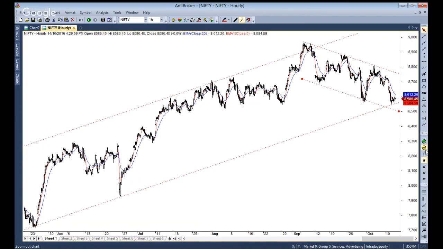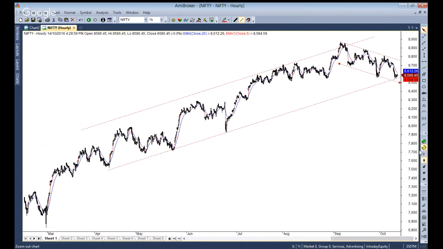Next, the important trend line support still exists and it's still valid. The low which started from 8960 is very close to the low of the red trend line support. The problem with the big trend line support is that it keeps changing with time, but nevertheless it still acts as a very important support. So we are at a very important juncture again. We discussed an important juncture just on 29th, and we are discussing again an important juncture right now. So over here we are at a very important place.